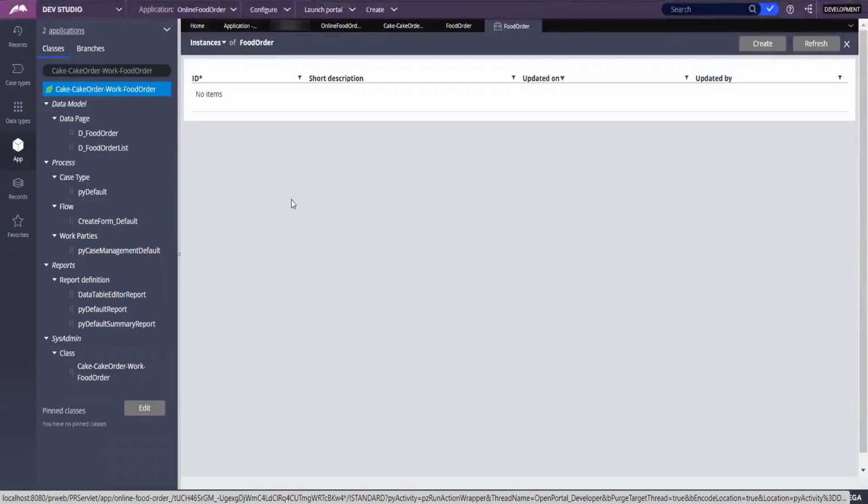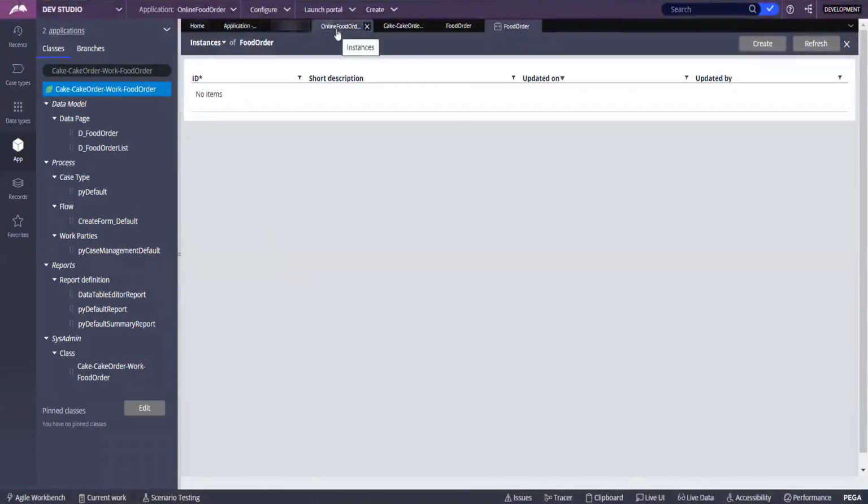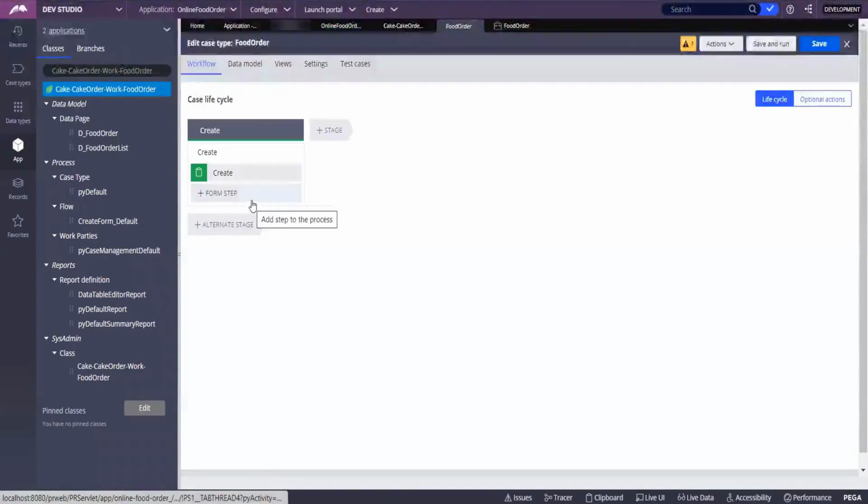Now go to your application life cycle, where I need to click. You can click on the tab, right, that online food order is there. Yeah, click on that. Then the last but one tab. Can you click on the last but one tab? Yes, this is an application life cycle. Initially it has created one life cycle, layer 1.